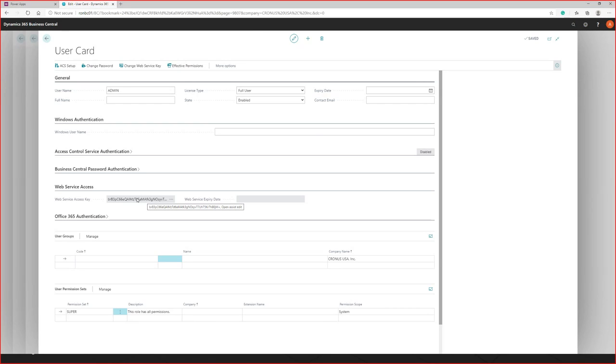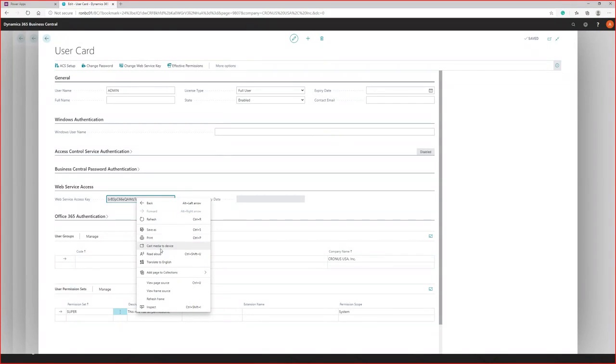Now, a quick side note, a lot of times this password has a slash in it or something like that. So if I click on this, a lot of times if I try to copy or I just click in there, it doesn't copy properly. So a lot of times what I do is copy this over to Notepad or something, and then I compare it just to make sure it's the same.